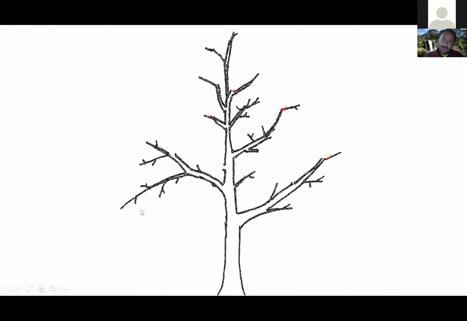Brief comment, this branch here always upsets people. I put it in there intentionally because it's kind of downward growing and looks kind of wonky. But in terms of the structure of the tree, I don't care if it looks wonky. It's maybe not the best branch on the tree, and if I had pruning budget left, I might shorten it or remove it. But it's not the pressing issue the tree faces, unless it's in a road or a sidewalk or something, then you might have to prioritize it a little more. So that's why I didn't remove it. It's because I was out of pruning budget.